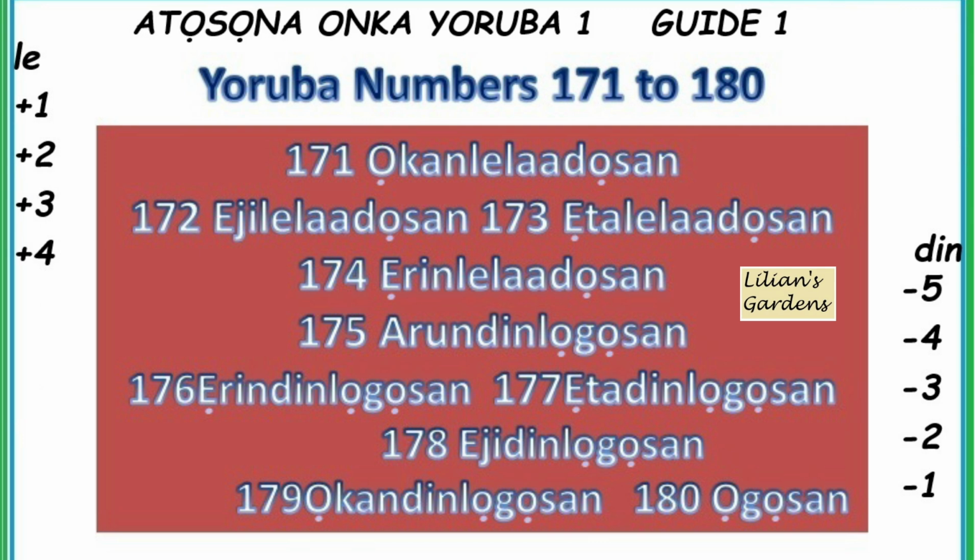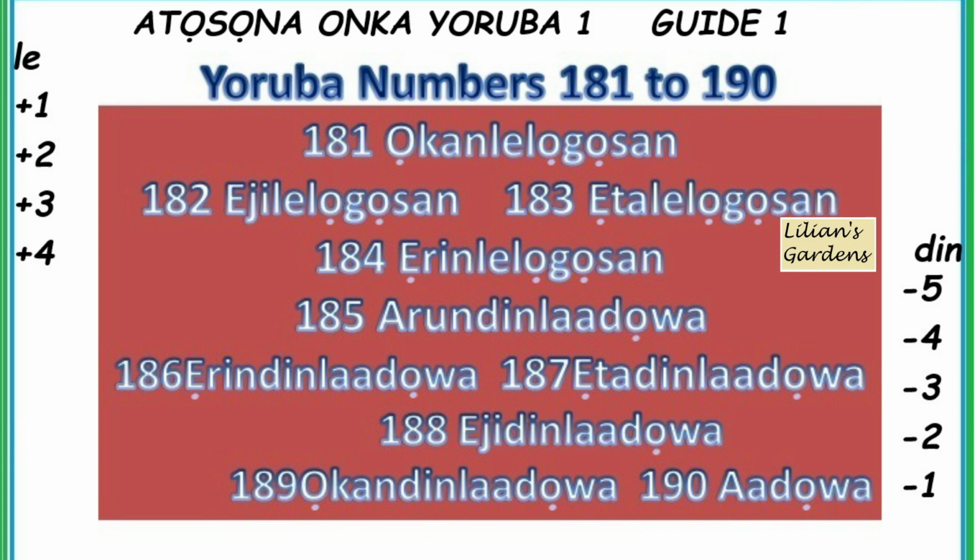àrúndínlọ́gọ́sàn 176 ẹ̀rìndínlọ́gọ́sàn 177 ẹ̀tàdínlọ́gọ́sàn 178 èjìdínlọ́gọ́sàn 179 ọ̀kándínlọ́gọ́sàn 180 ọgọ́sàn, ogúnmẹ́sàn, 20 times 9. 181 ọ̀kànlélọ́gọ́sàn 182 èjìlélọ́gọ́sàn 183 ẹ̀tàlélọ́gọ́sàn 184 ẹ̀rìnlélọ́gọ́sàn 185